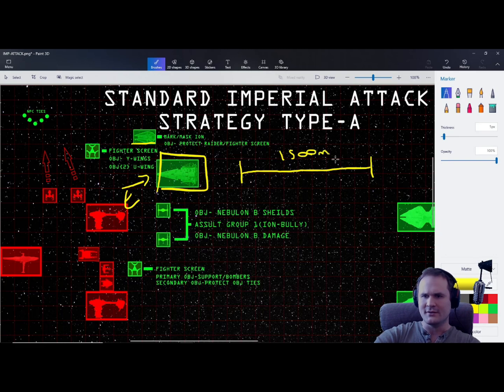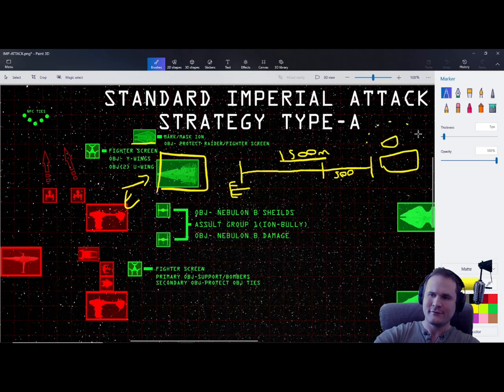1,500 meters, okay? Which means if the raider is here, the enemy X-wing has to start locking on at 1,500 meters, and can only release at the last 500. Okay? Which means that if your support player is close by the raider and behind the fighter screen, then what happens is he can fly over, he can pop his chaff, which is a chaff cloud of 200 meters, and